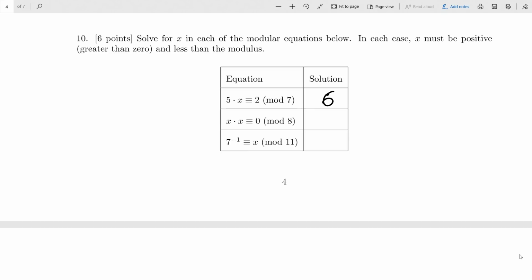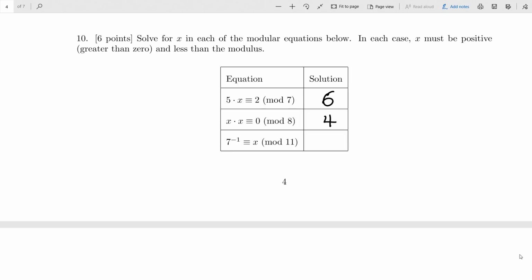All right. We want x times x to be 0, mod 8. The directions say it can't be 0. 0 would work, but it says x must be positive. But 4 times 4 is 16, and 16 is a multiple of 8. So,